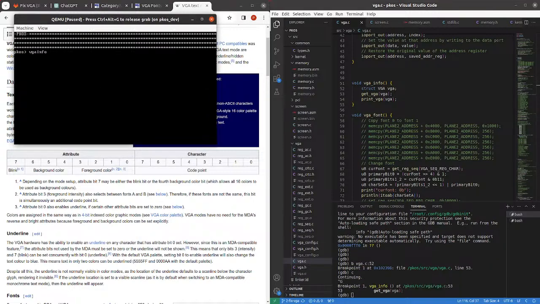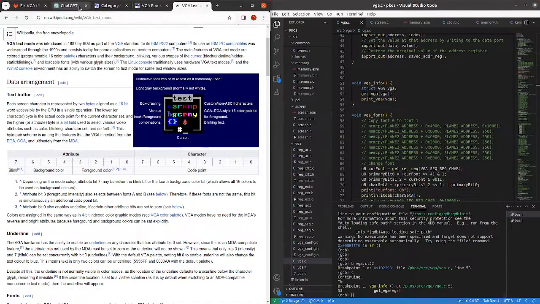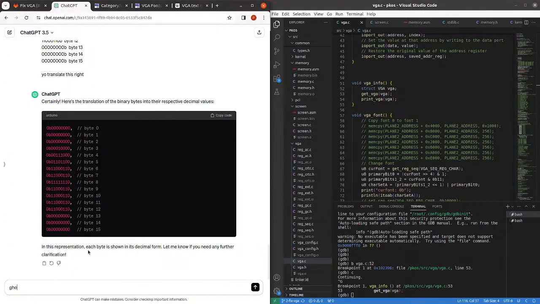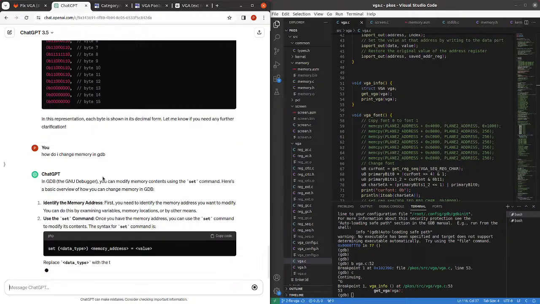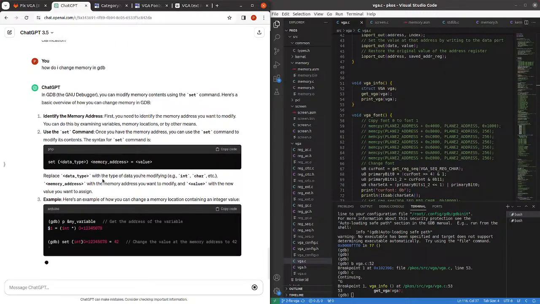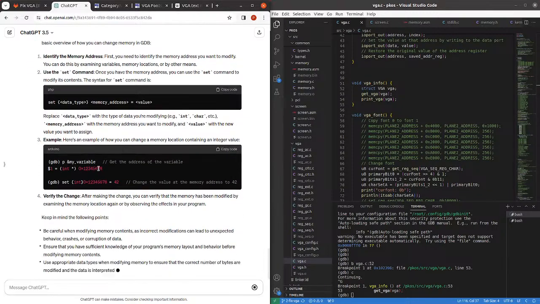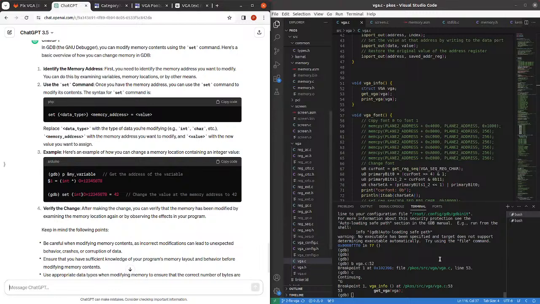VGA info. And then I'm going to edit. How do I edit memory in GDB? I forget. How do I change memory in GDB? I can set. Set. Okay, so